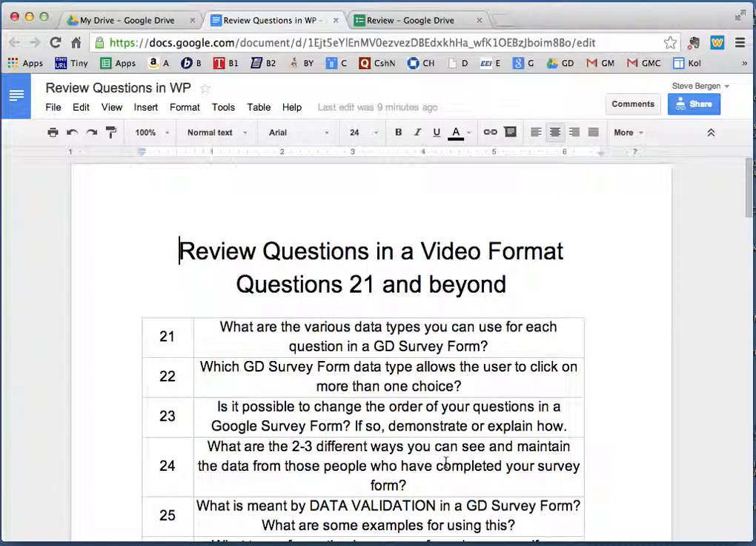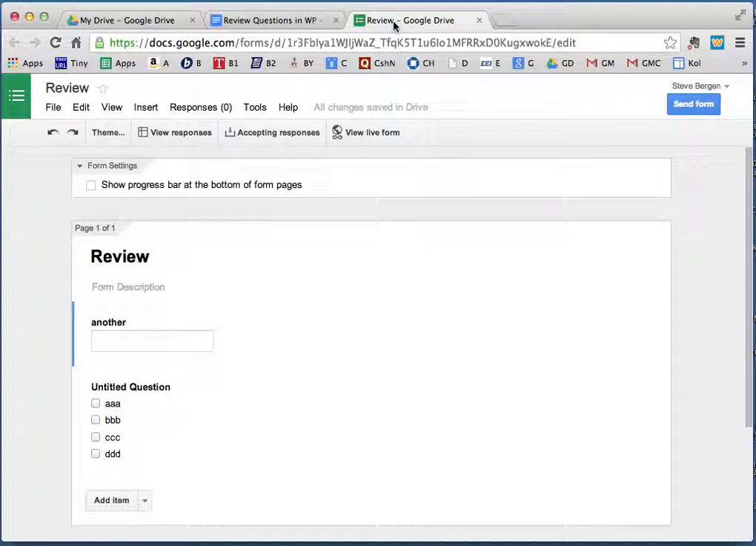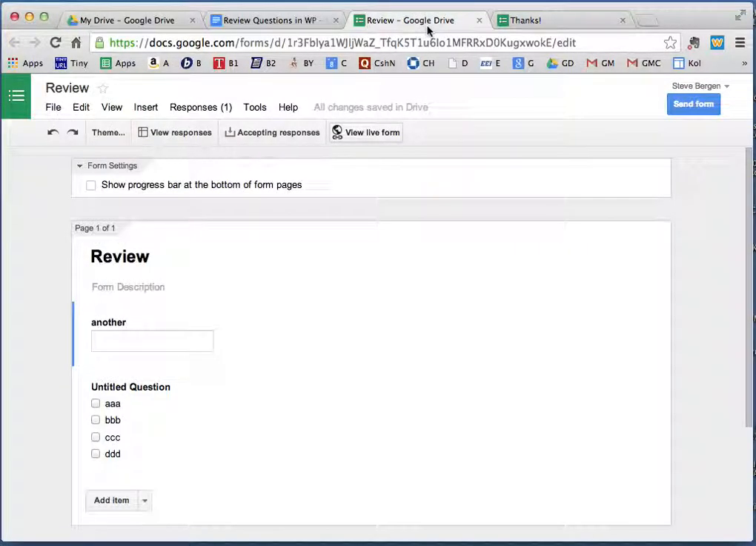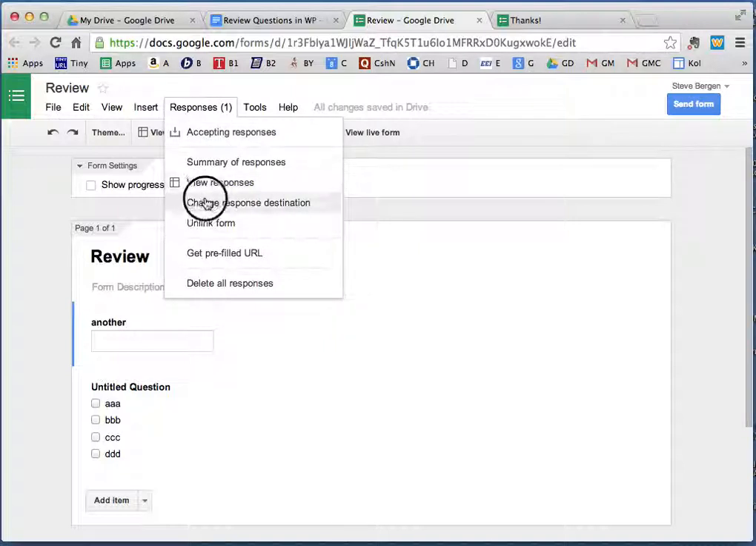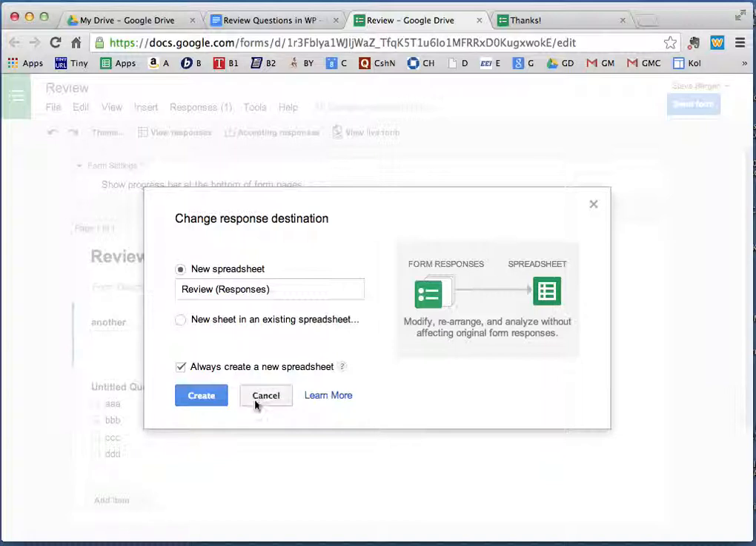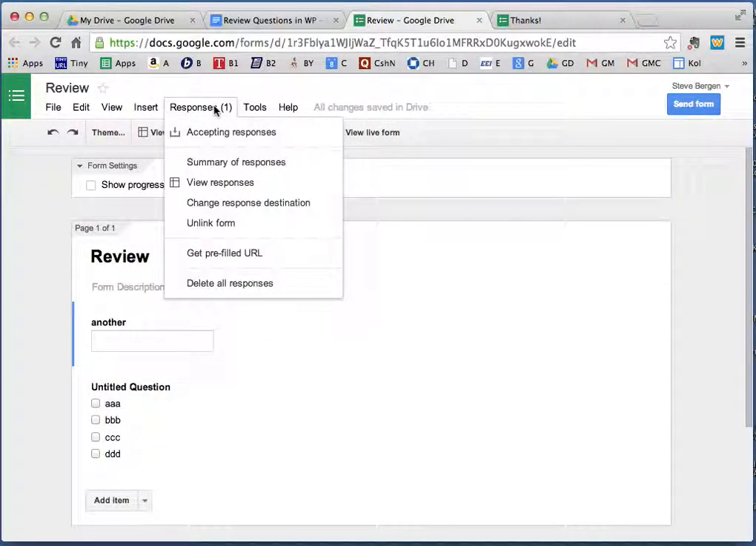What are 2-3 different ways you can see and maintain the data from the people who have completed your survey form? So the trick for number 24 is that when somebody fills out this form, and we can view the live form, and I can put some data in here and submit. And now when we go back and look at the form, there's responses 1, and the 2 or 3 different ways that you can deal with the responses are summarized under change response destination. So you can have the response destination be a brand new spreadsheet, or you can keep using the same spreadsheet and it can be a new worksheet in that existing spreadsheet. So those are 2 of the 3 choices. A brand new spreadsheet called review responses, or an old spreadsheet and you just use a new worksheet as part of it. And then the third choice is if you